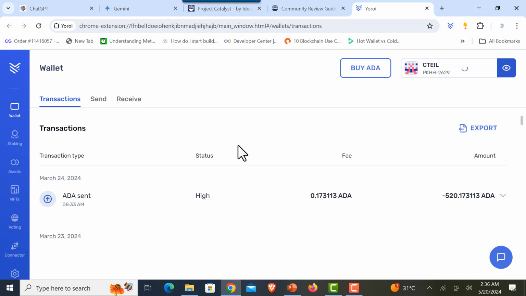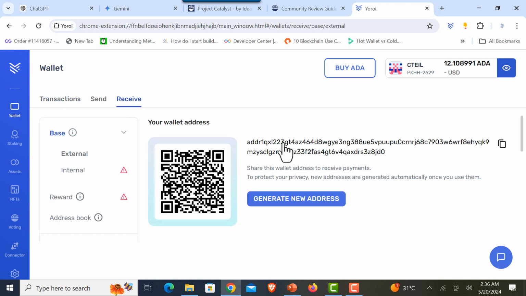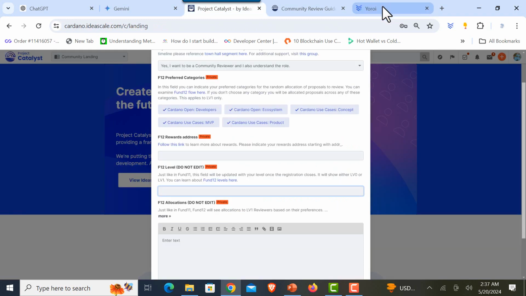Since I am going to provide my address, I wouldn't click on the send tab, but rather the receive tab, because I will want to receive rewards after taking part in the community reviews and qualifying to receive rewards. So I click on receive. That is where I will see my address. So after copying the address,